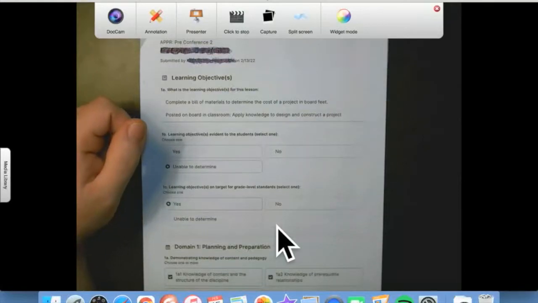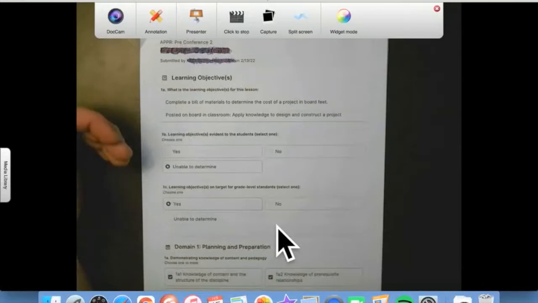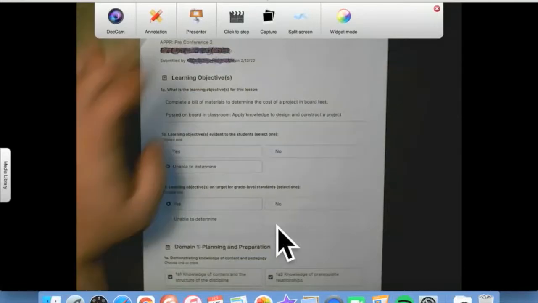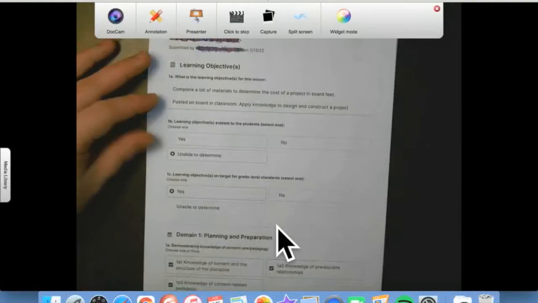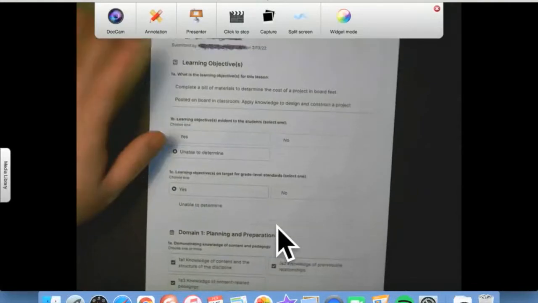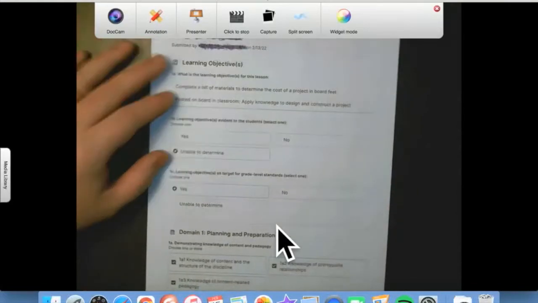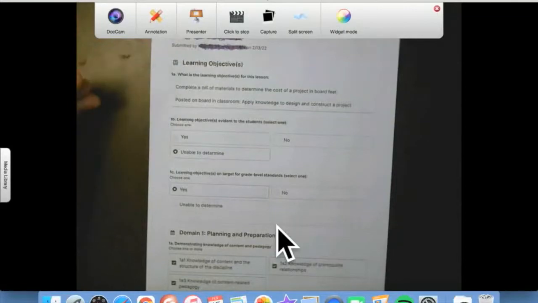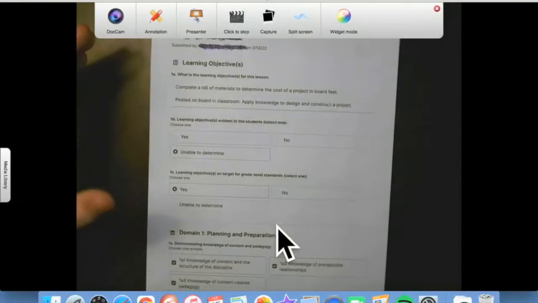Today we're talking about the pre-conference meeting and how you explain your different actions using a generalized rubric. So that's what we'll be looking at today. This one should be pretty quick. Our pre-conference is usually the discussion between you and your observer that explains what is really going to be happening